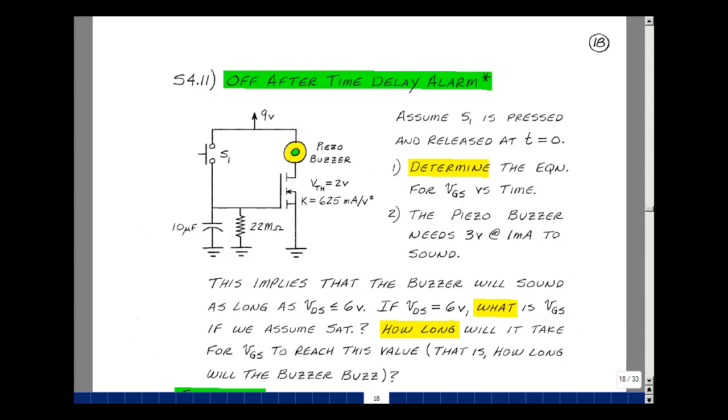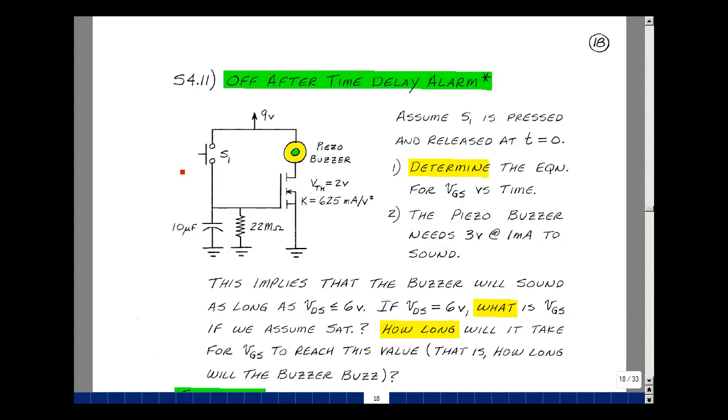This is a collection of transistor-level circuits, many of which were MOSFETs. And this particular one was labeled Off After Time Delay Alarm. It consists of an N-channel MOSFET, a fairly large capacitor and large resistor in parallel, a switch, a piezoelectric buzzer, and a 9-volt battery. Let's assume that the switch S1 is pressed, held down, and then let go at time